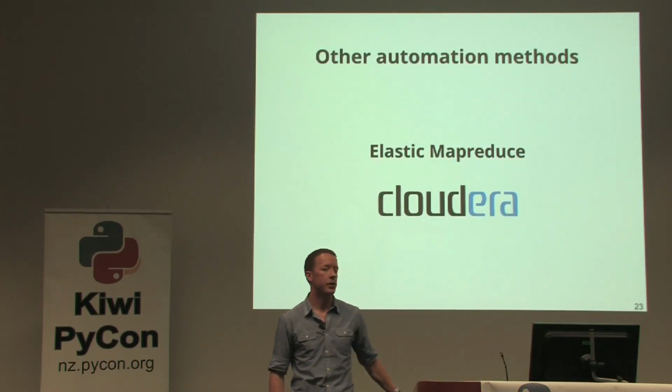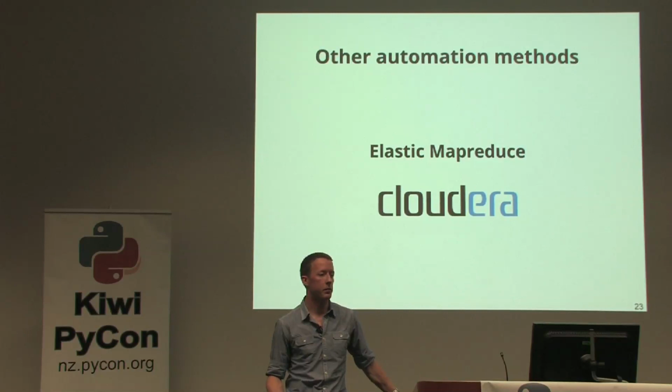Other ways of automating clusters other than Apache Whirr are things like Amazon's own Elastic MapReduce, which does the work for you. We found that had a lot of problems. We couldn't interact with databases between other libraries that are part of MapReduce. We couldn't make Pig talk to HBase. Massive problem. It's not a finely tuned product. I wouldn't recommend using it. But if you're looking for a simple automated solution, it can work.